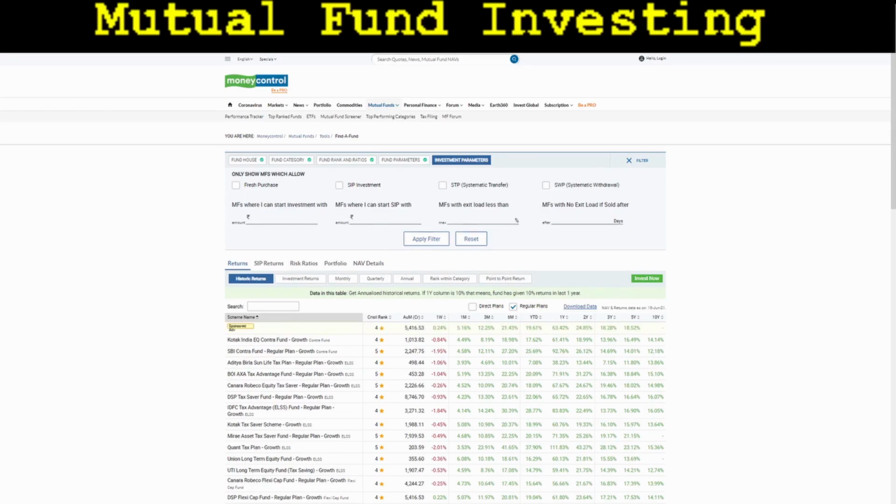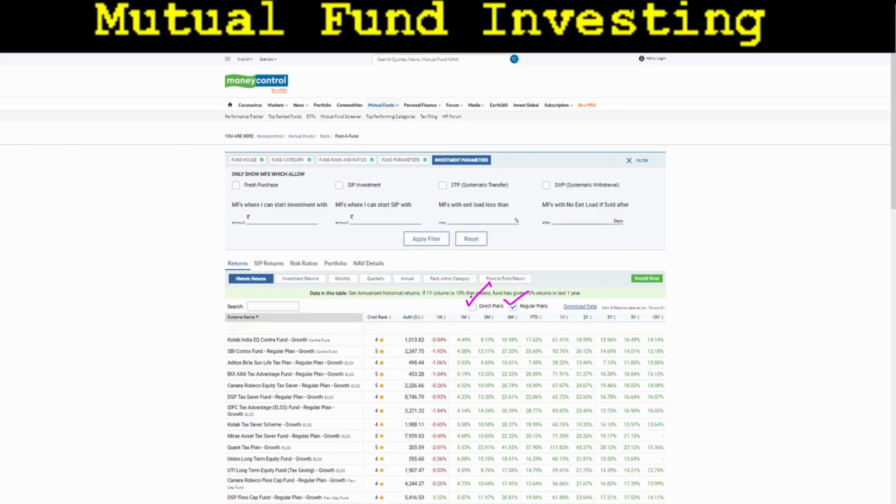So now let's move on to a particular page of a mutual fund and see what parameters to check in them. Okay, before moving there is one more important point to be taken care of. Each mutual fund is available in two types. One is direct plan and the other one is regular plan. Direct plans are the mutual funds where you invest directly in those funds. There are no middlemen involved. So the returns generated are a bit higher than the regular plans.